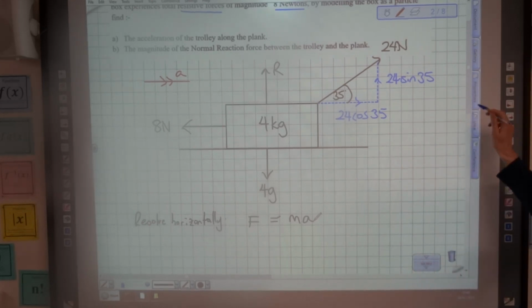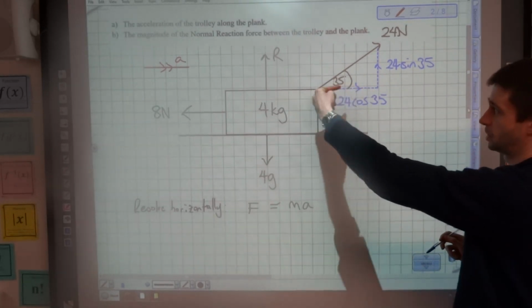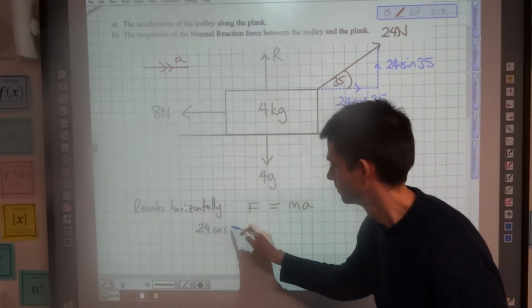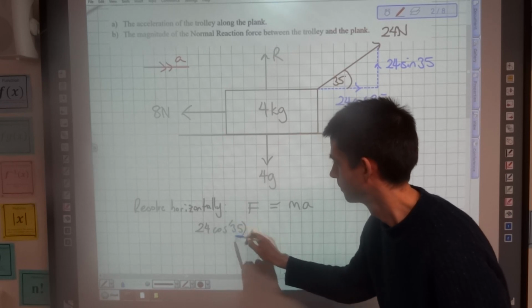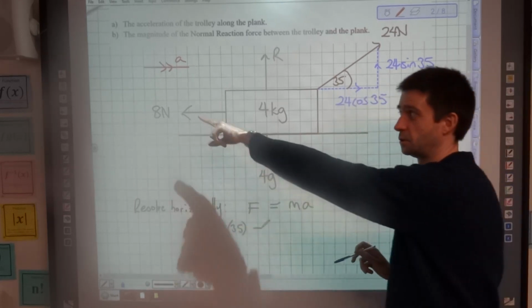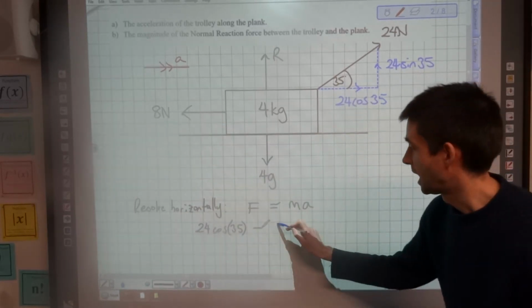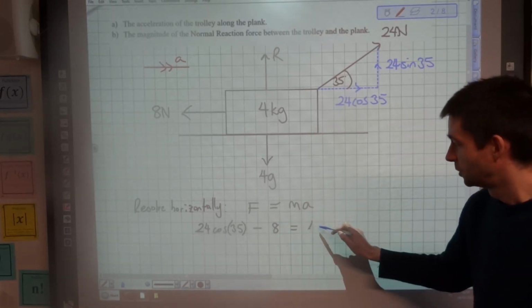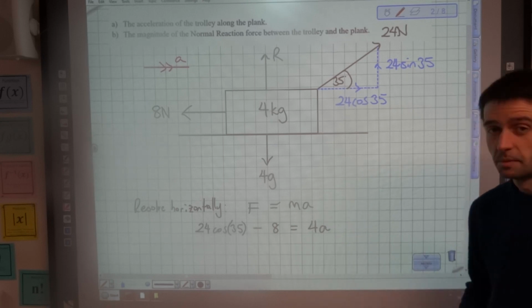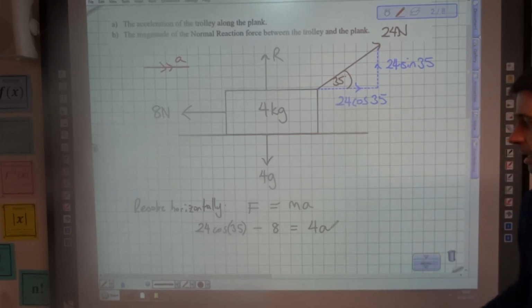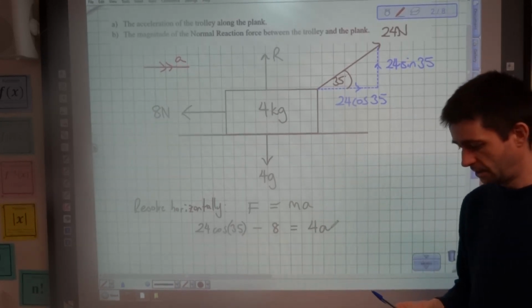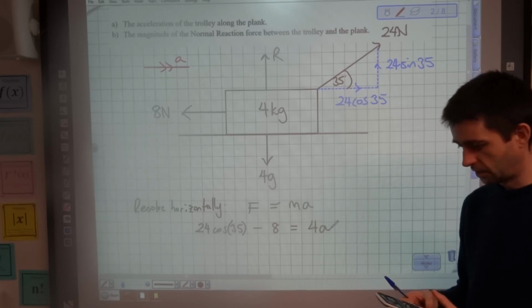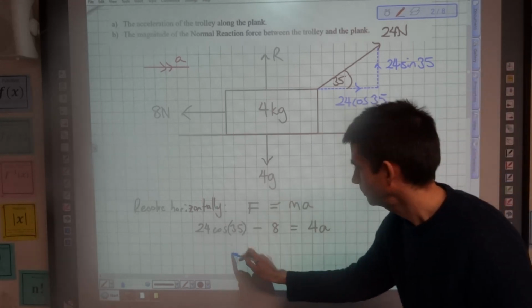The resultant force horizontally is the force pulling the box, 24 cos 35, minus the resistive forces, 8 newtons, which act in the opposite direction. That's equal to the mass, 4, multiplied by the acceleration. Getting a numerical value for the left-hand side, 24 cos 35 minus 8 is